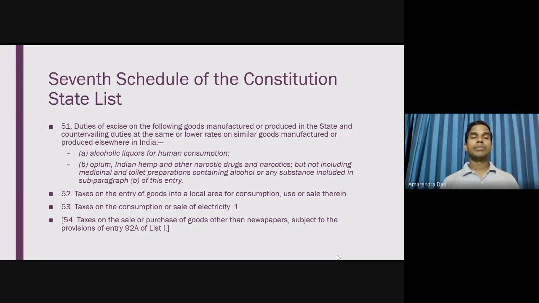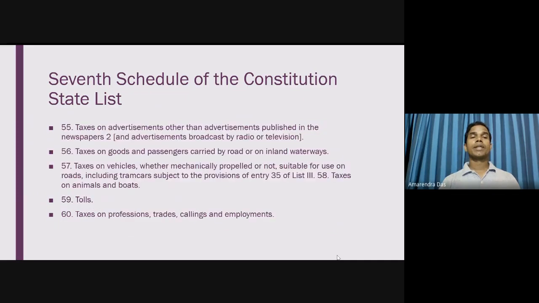Now, entry 52 talks about taxes on the entry of goods into a local area for consumption, use or sale therein, and then taxes on the consumption or sale of electricity, then taxes on the sales and purchase other than newspapers, subject to provisions of entry 92A of the Union List, and then entry 55 talks about taxes on advertisements other than advertisements published in newspapers, then taxes on goods and passengers carried by road or inland waterways,